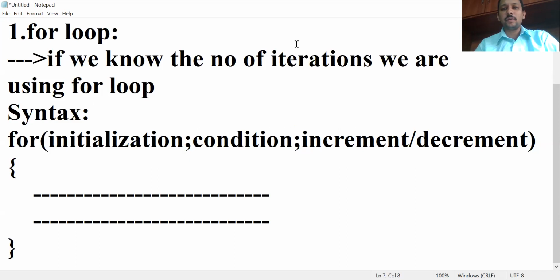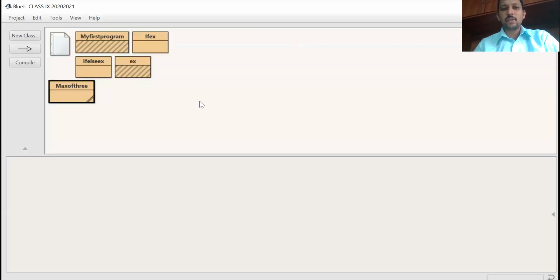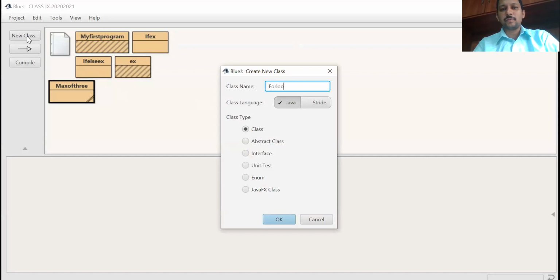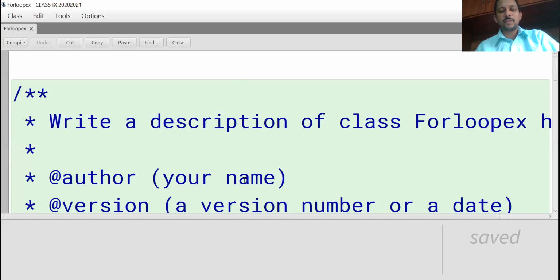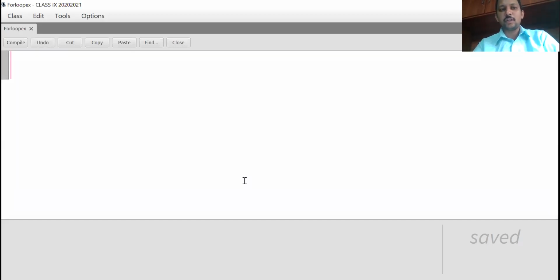Now one example on for loop, I will show in BlueJ software. See, for loop example. I want to print 1 to 10 numbers. That means 10 iterations. I know the iterations beforehand. So the example for loop,